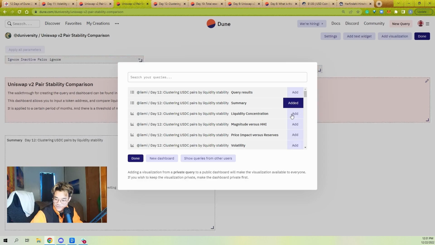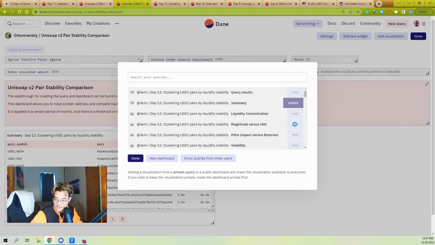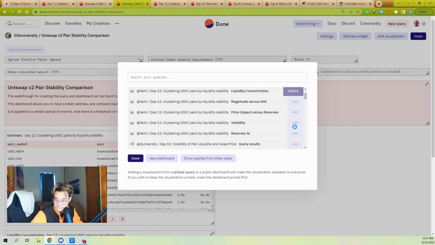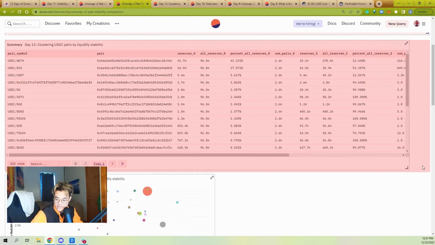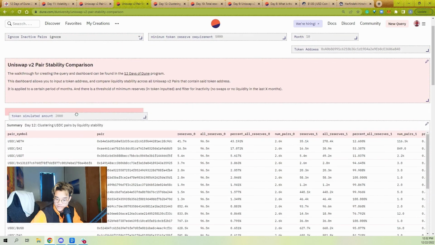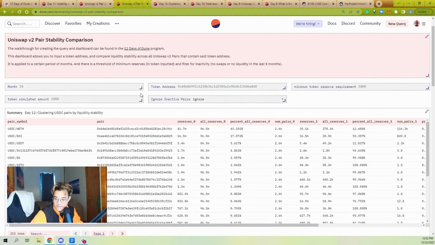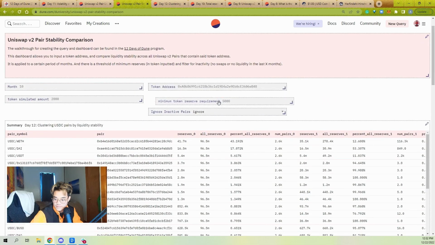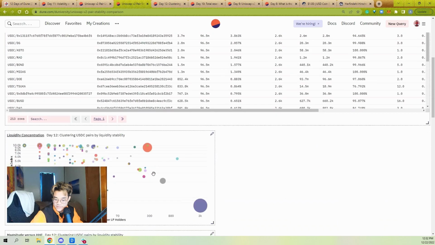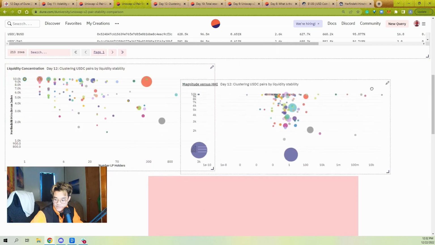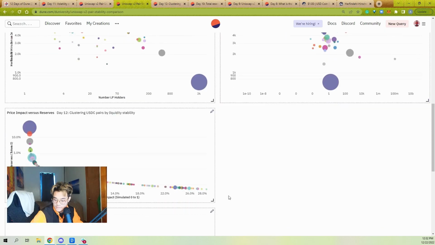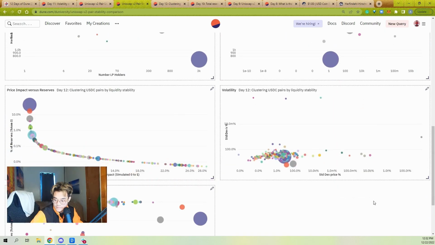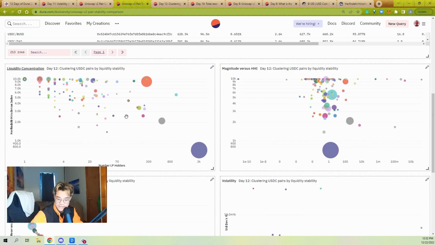We'll leave that for after the course to do. But now I'm going to add in all my charts and just give it a second. And let's just format some things. So the summary table should be basically the whole thing. And we've got a lot of parameters here. I'm just going to order them like this. And we're going to make these all a little bit bigger,